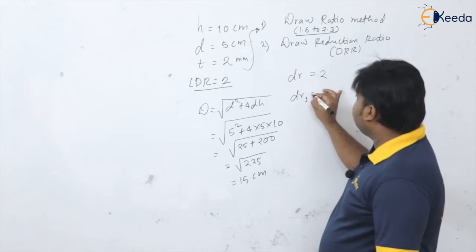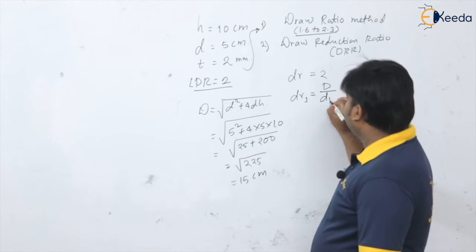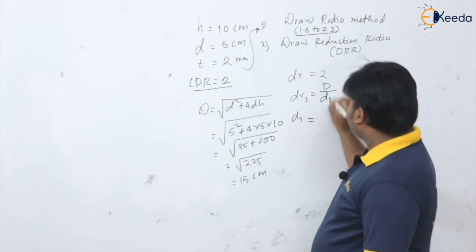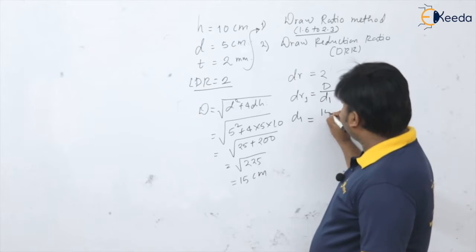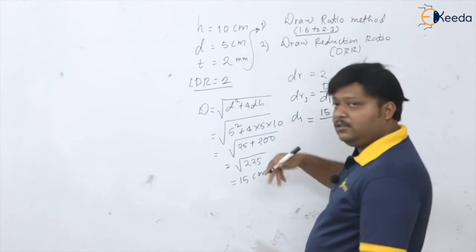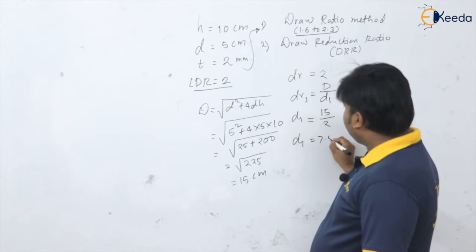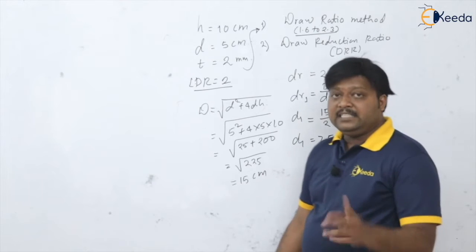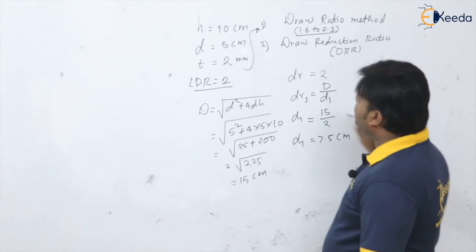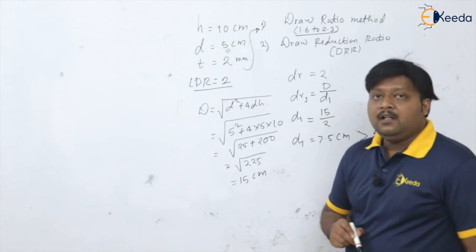So what is the draw ratio for one pass? For the first pass, the diameter before drawing is the blank size, and after drawing you are going to get d1. Let us see which diameter we get in the first draw. D divided by d1 is how much? 15 divided by d1. What draw ratio did we take? Throughout the operation nothing is mentioned, so we will keep taking 2. So d1 is equal to 7.5 centimeter. But is it the required one? No, it is more than that. You need 5 centimeters, so it is greater than 5. So this is the first draw.